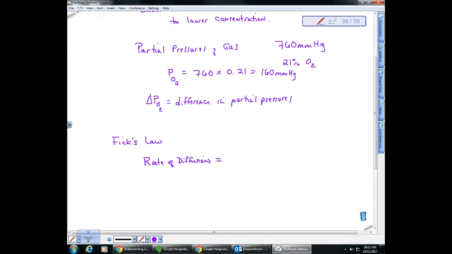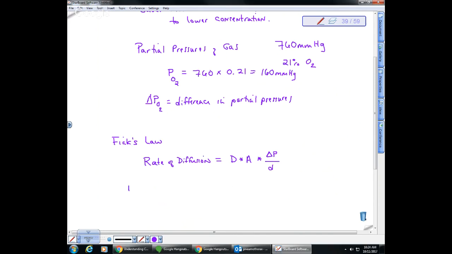And it is equal to big D* times A times delta P over little d. So this is how fast oxygen will diffuse, or how fast carbon dioxide or any gases will diffuse across the membrane. So if we look at the